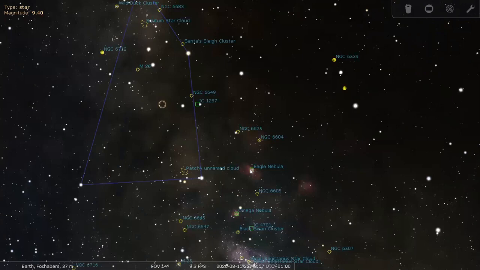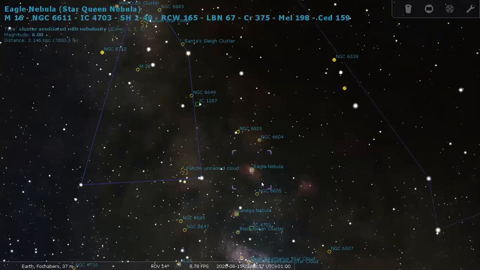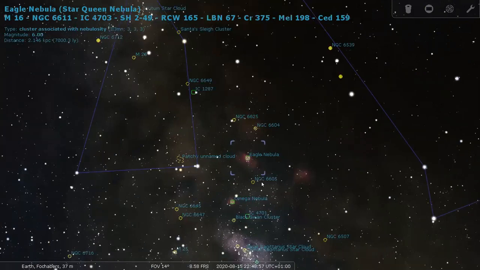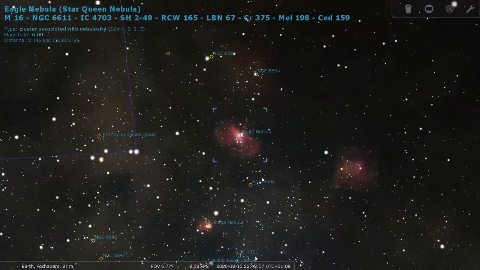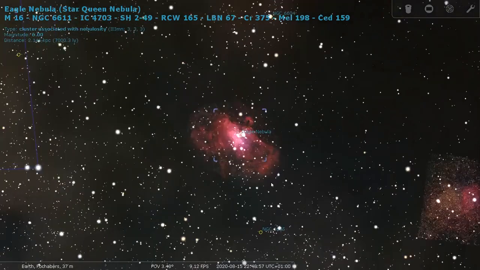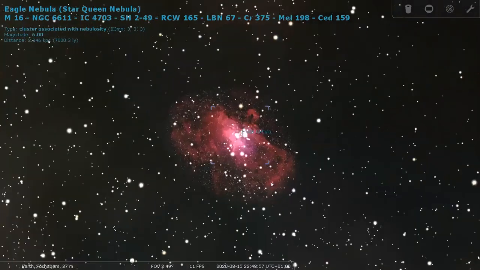There it is. It's come right in front of me. I knew I'd find it. I was looking for the number and it gave me the name. That's why I couldn't find it. This is M16, the Eagle Nebula. Once again, quite difficult to see. It's not that bright. But if you get it into a telescope